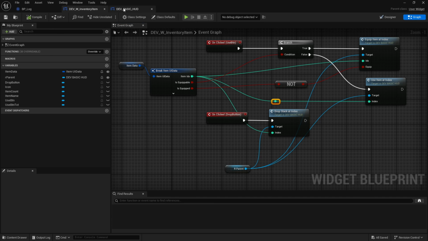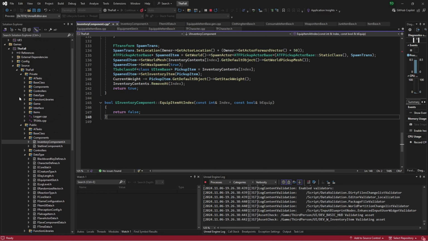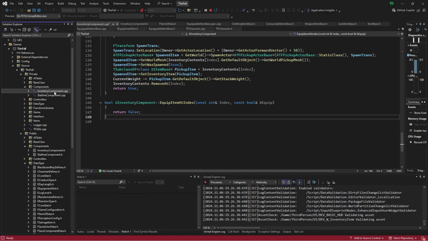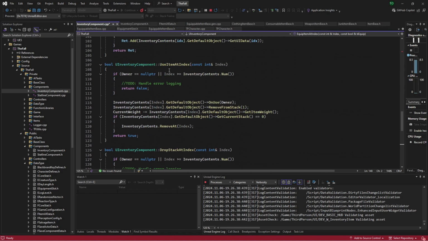So with that, we now have equip item at index, use item at index, and we are also going to be leaving our drop item at index or drop stack at index. We don't need to do anything there. So back to our code. Let's open up our inventory component source file. It's already open. What am I doing? So here we have use item at index. Well, we're going to just copy this whole thing here